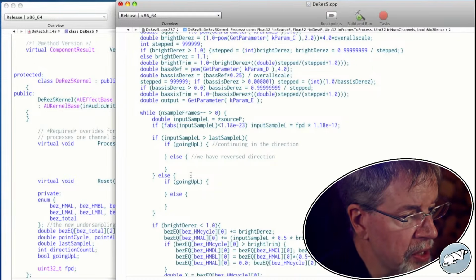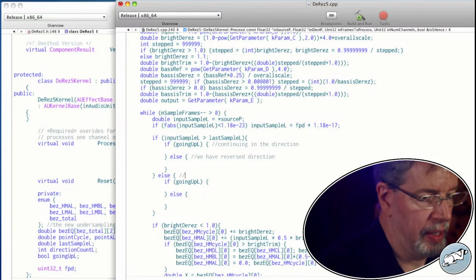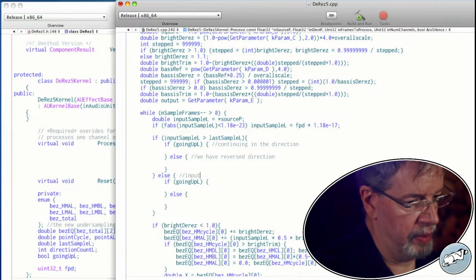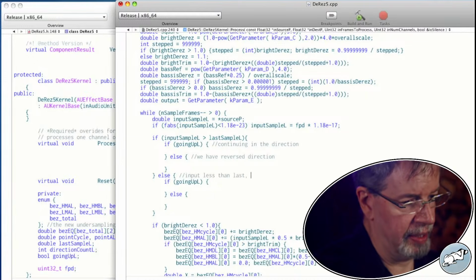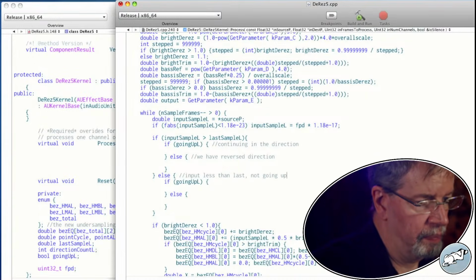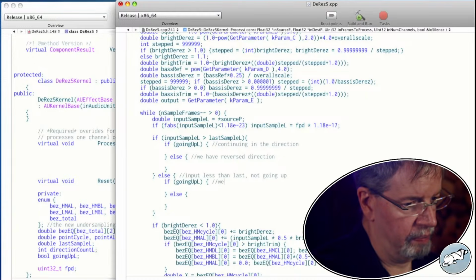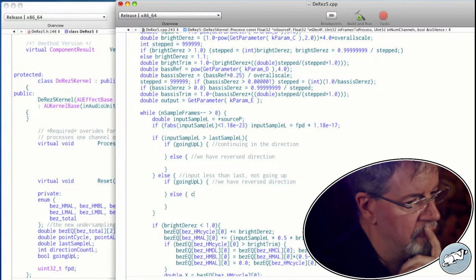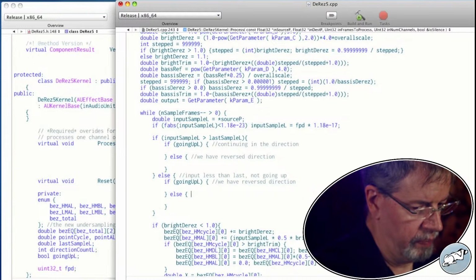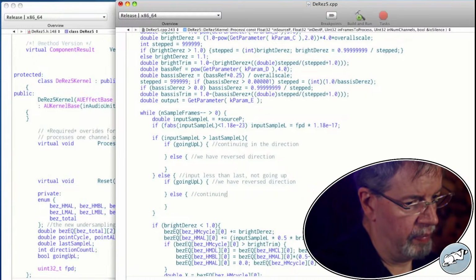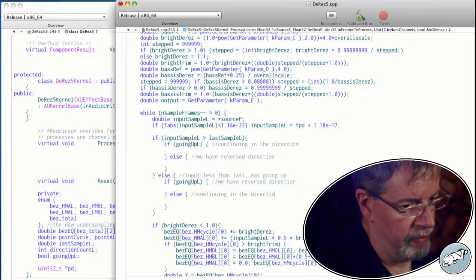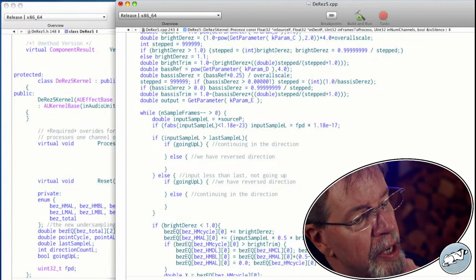So if input sample L is larger than last sample, going up. Failing that, so yeah, it might be possible to simplify this.